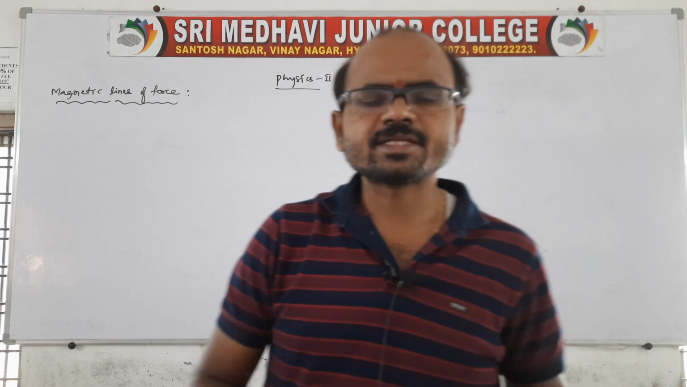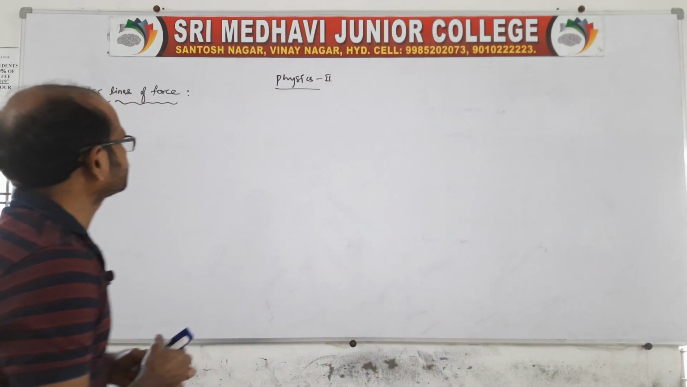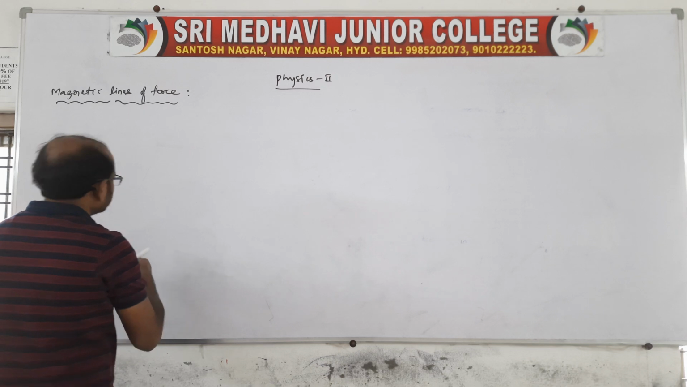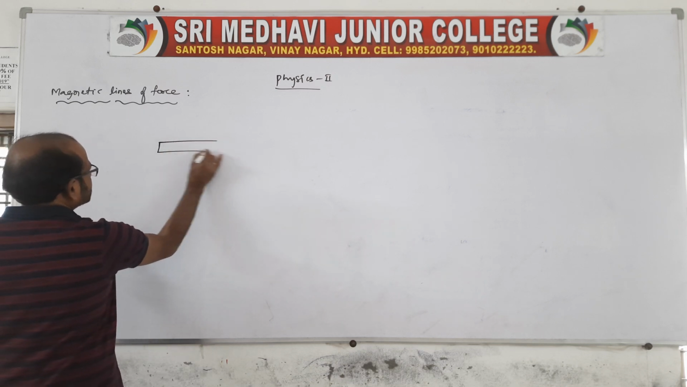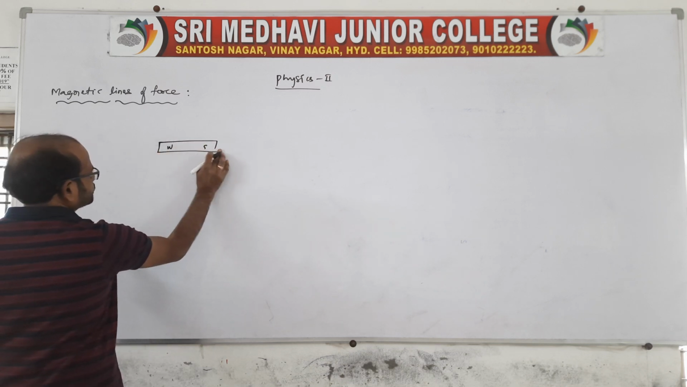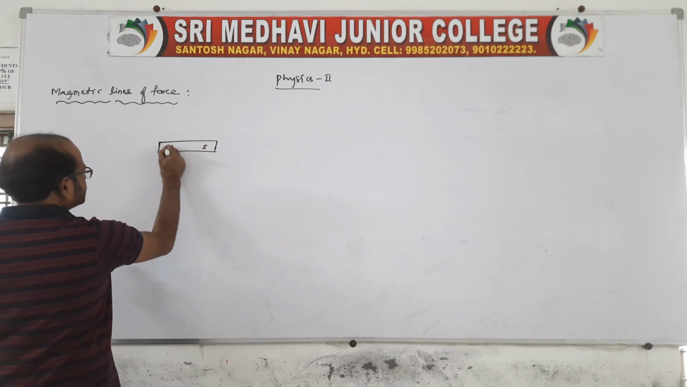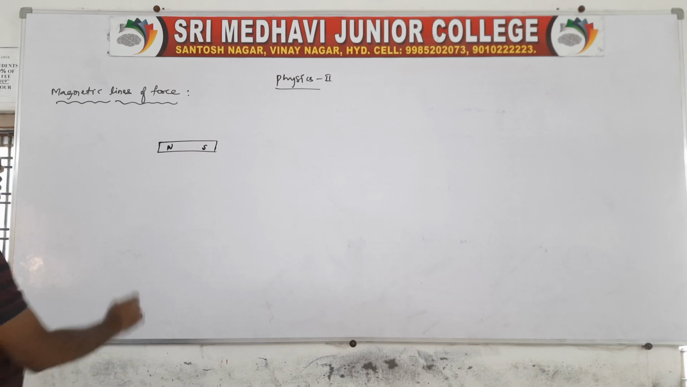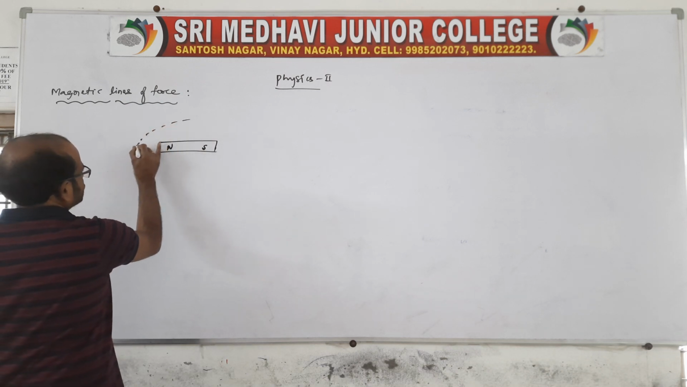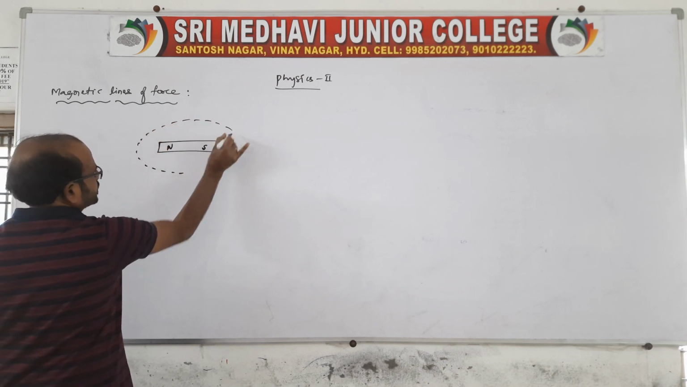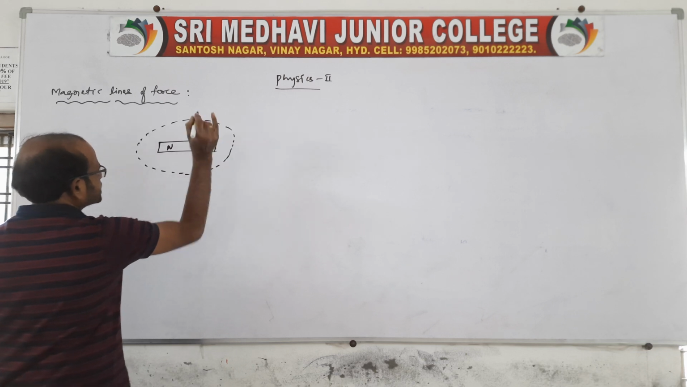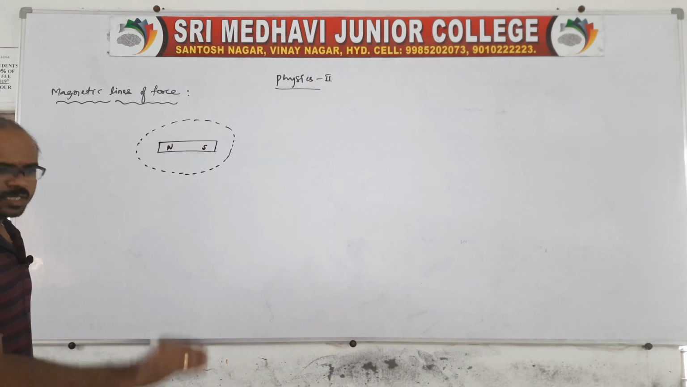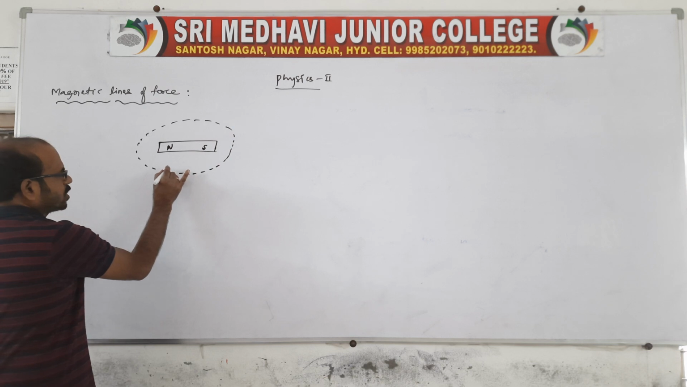In magnetic lines of force, I want to tell you one thing. Let us take a magnet, north and south, right? It creates a field around the magnet. Of course, we know this. It creates the magnetic field, or it experiences a force around the magnet. In this magnet, if a unit north pole is placed,